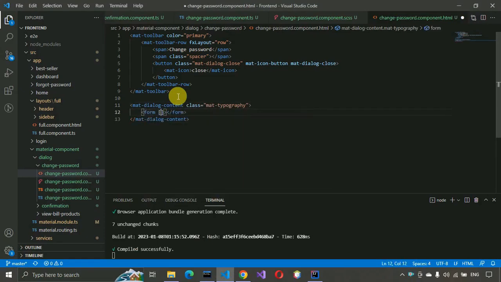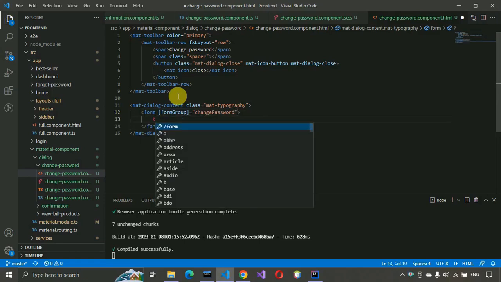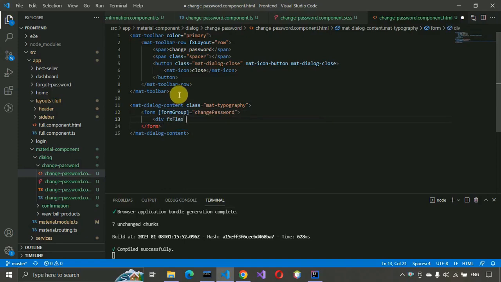So form group, and here we have to write changePassword, and here we have a div with fxFlex and fxLayout column,